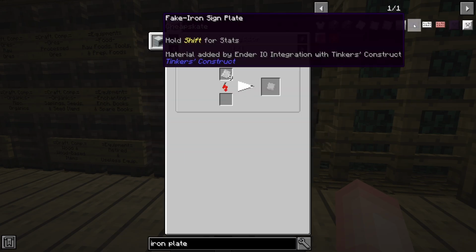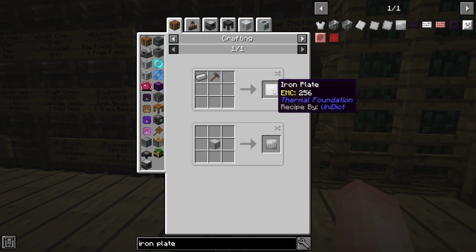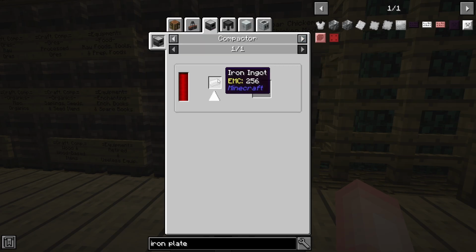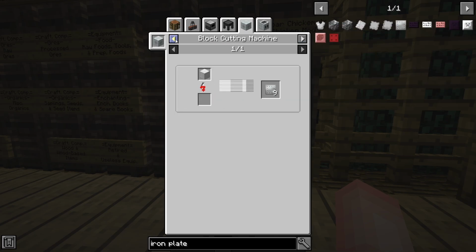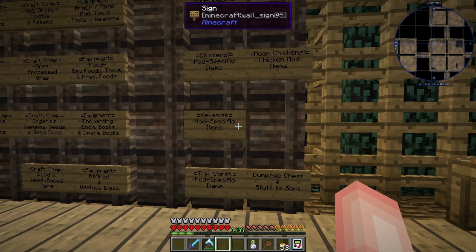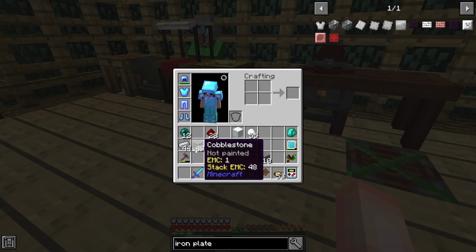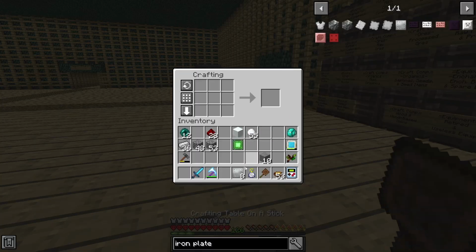Okay. So an iron ingot plus an engineer's hammer equals an iron plate. I can also stamp it with the metal press. I can use the compactor to make it. All of these make the exact same amount of iron. So I'm just going to grab the engineer's hammer. And 1, 2, 3, 4, 5, 6, 7, 8. Boop. There we go. So now we create the basic machine casing, and then